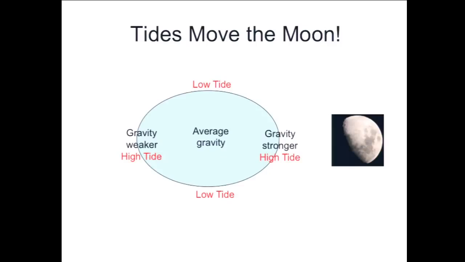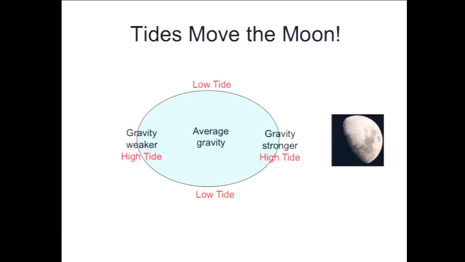relative to the center, because gravity is stronger at the center than on this side. So that leads to this distortion where this side is left behind and this side moves towards the moon, so you get this symmetrical distortion. The region closer to the moon represents high tide. Okay? This region represents low tide.